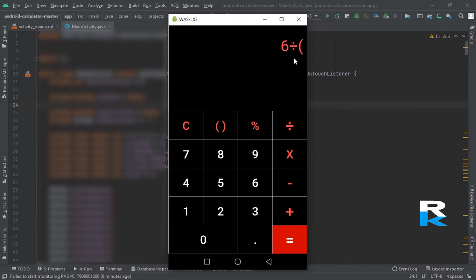I have customized this whole layout, and you can also do it by just following me until the last, and in the end I shall give you the code of this, because you will be building along with me. So if you want to build this calculator, follow me till the last.